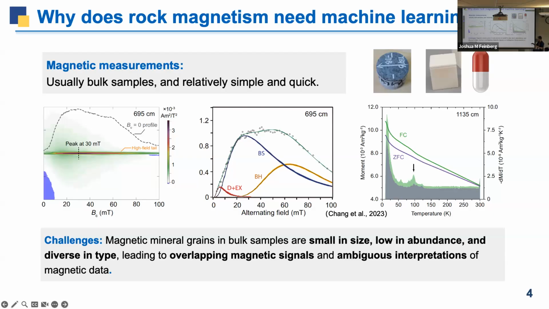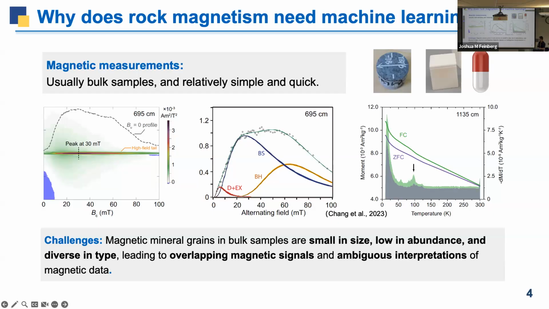This leads to overlapping magnetic signals and ambiguous interpretation of magnetic data. So bulk magnetic measurements face the problems of multi-solution and non-uniqueness. That's why we need machine learning to help us build